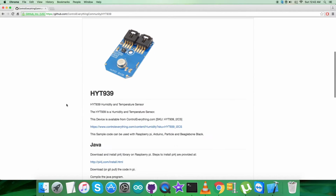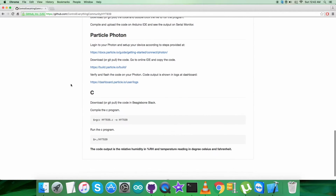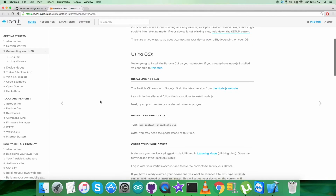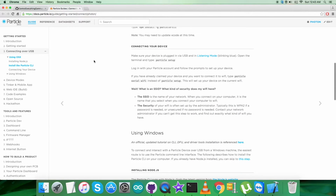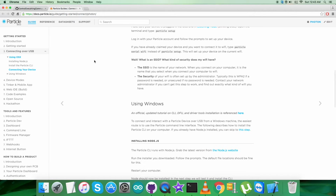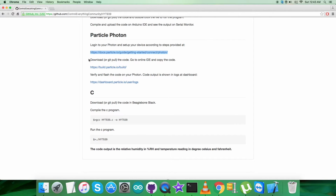But before that, let's have a look over the instructions we need to pursue this code. As you can see, we have to log into a particle photon and set up the device according to the steps which are provided on this very link. Let's open up this link so that we can have a better look regarding the installation of the setup, everything right now. So note down all the relevant information and do that setup, and after that we have to download or git pull the code, and on the online IDE we have to copy the entire code, and